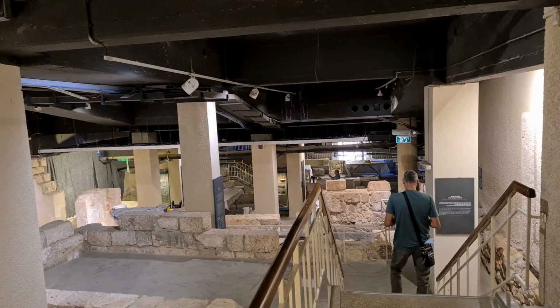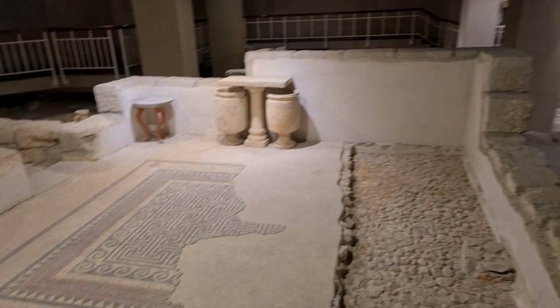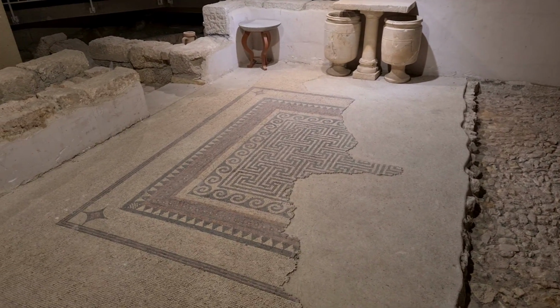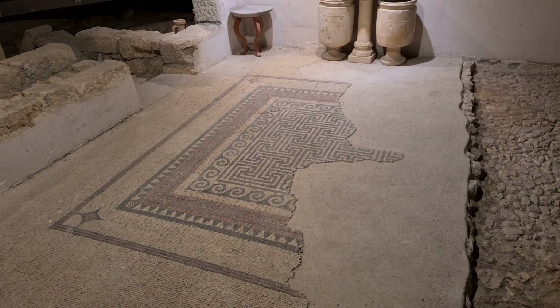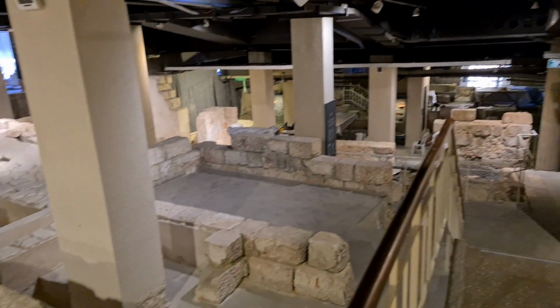Before we built the new Jewish Quarter, we excavated, and here in the upper city, facing the Western Wall, the Jewish temple, we found lots of Jewish houses. I'm taking you to, how should I say it, the most important building for me. I believe that in that museum you can find the